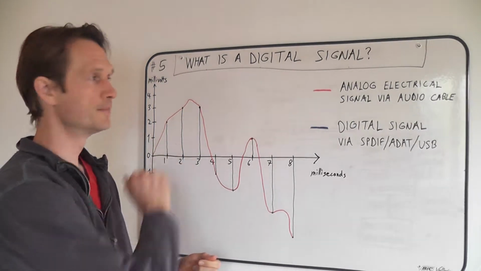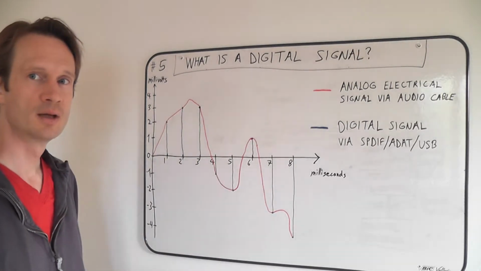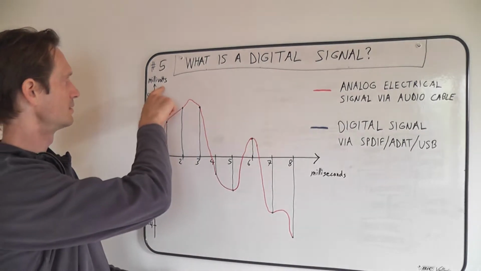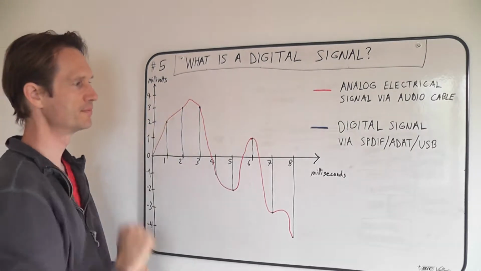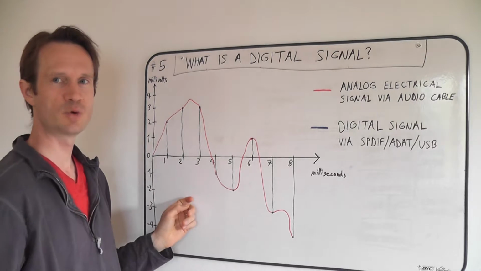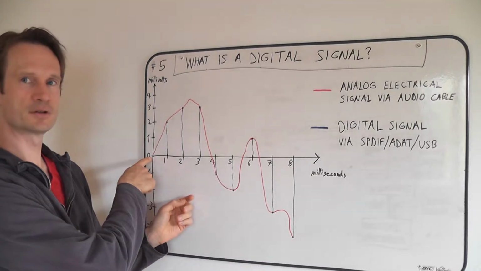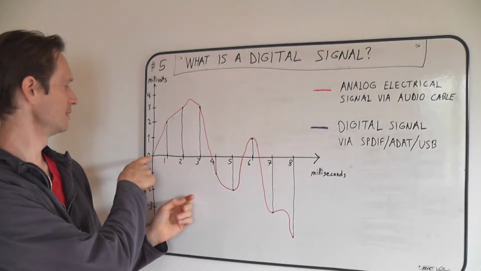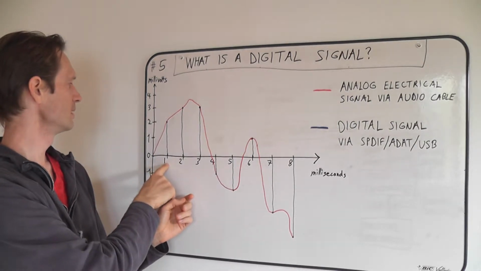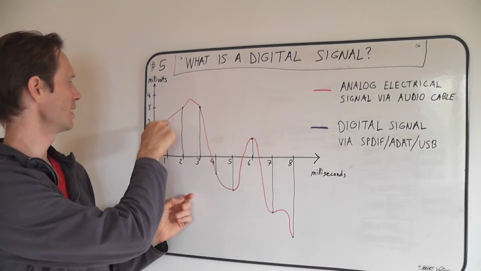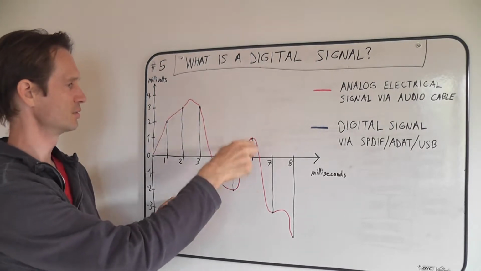So, in red here, I have an analog signal on an audio cable. Now, here on the y-axis, we have voltage measured in millivolts. And here on our time axis, we have time measured in milliseconds. So our signal starts here at 0 seconds at 0 millivolts. And then at 1 millisecond, it goes up in a smooth way or a continuous way up to 2 millivolts. And it continues, and it has a certain path,